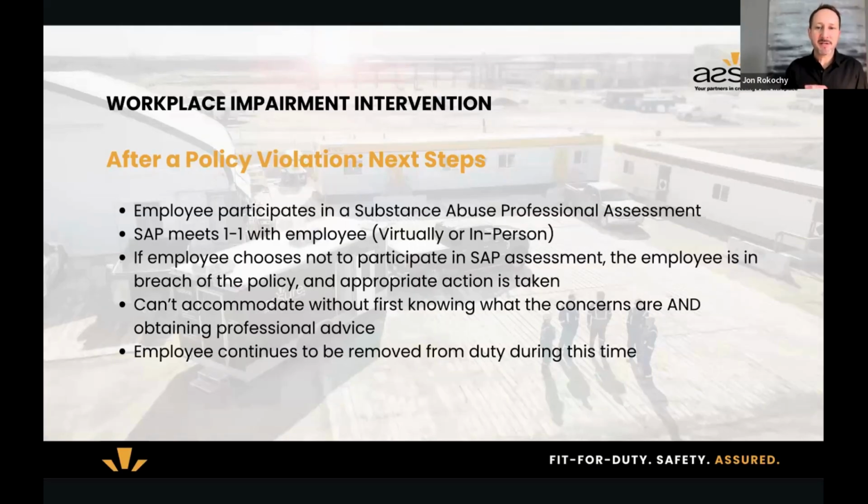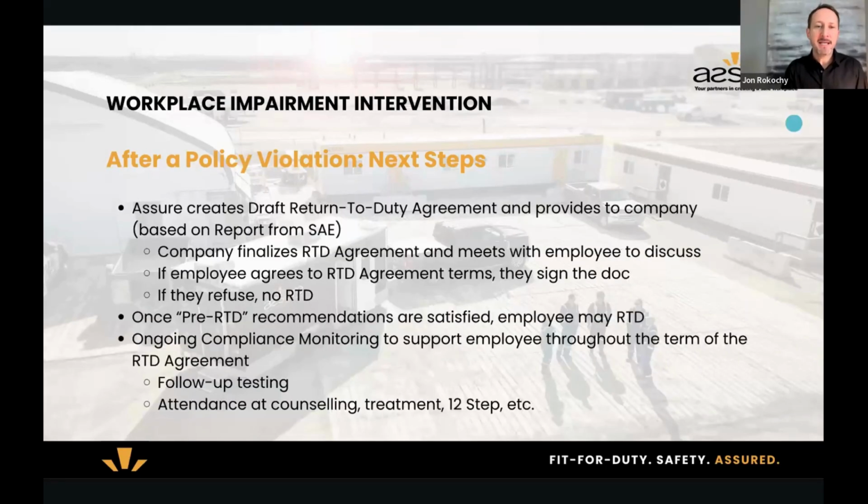Some examples of what it can say in there: it might say this person needs to go to a week of detox and four weeks of inpatient addiction treatment. Or it might say it's not that severe, they don't need inpatient addiction treatment, they need some outpatient counseling, one session a week, or one session every two weeks for six months. These are just some examples. It's all individualized based on the assessment. So it might say counseling, follow-up testing.